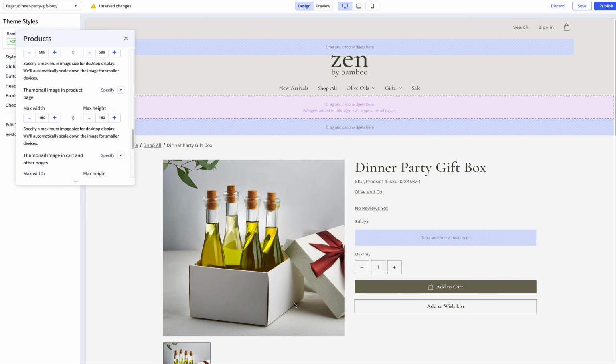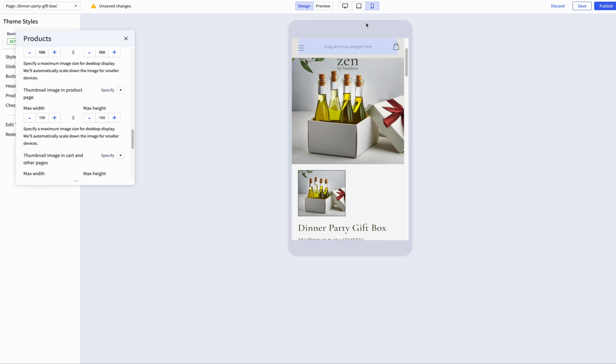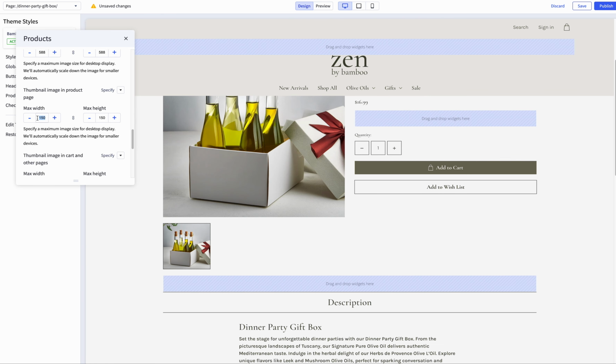So now we see an increase in that sizing. Again, that only applies to desktop. You do not have to worry about mobile. On mobile, in this design preview, it's showing a change, but when you are actually saving this, it will remain the same. Then, if we were to go back, and I'm going to change this back again,